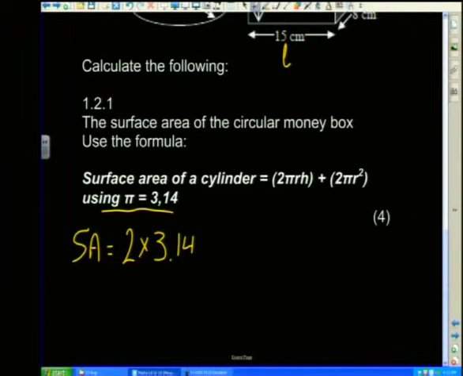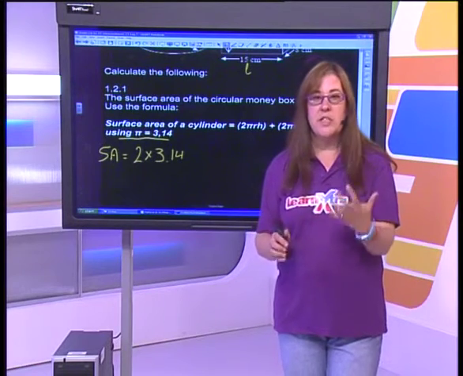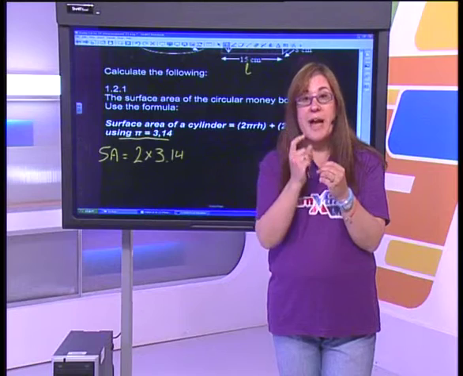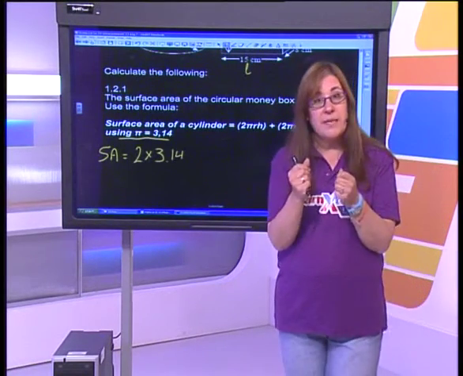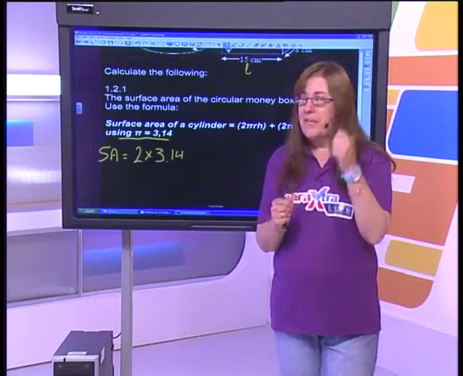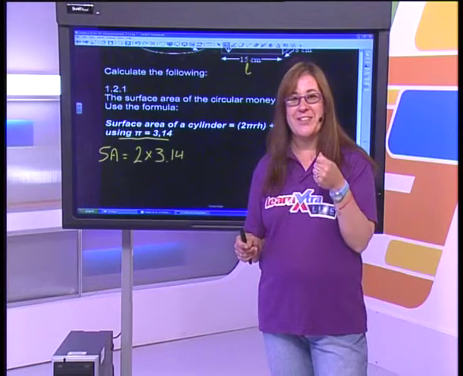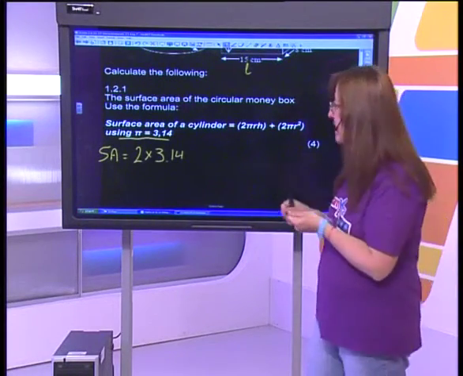And one of the main reasons they're going to ask you to do this is that we're supposed to be doing everything this year on a 4-function calculator, which means that we don't actually have that pi button. So if you use your scientific calculator and press the pi button, it's not wrong, but it's always a good idea to follow the instructions of the question, because then your teachers are a whole lot happier when their memo is the same as your answer.